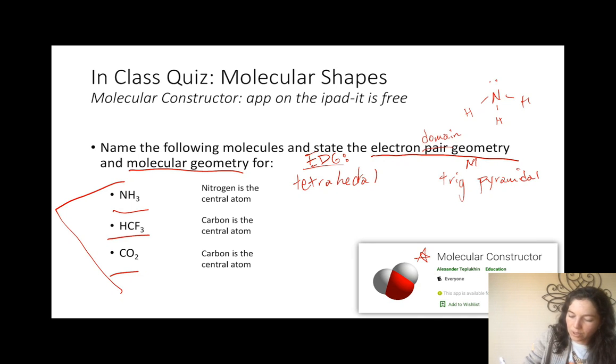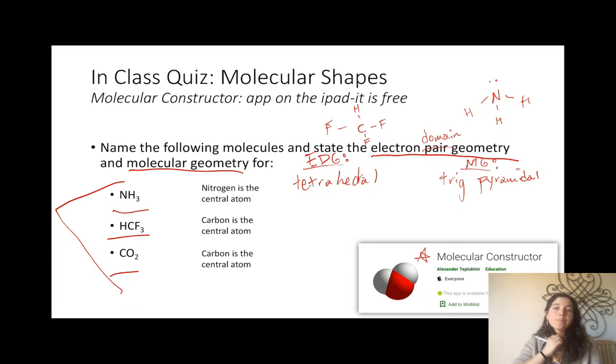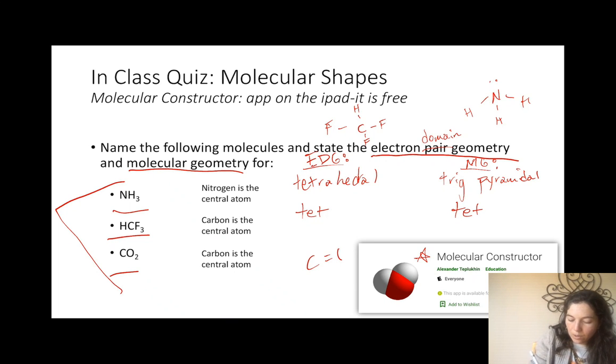Okay, so our molecular geometry. For HCF, you should have seen something like this with the fluorine and the hydrogen in the center. And this one is tetrahedral, and this is also tetrahedral because there are no lone pairs around the center. For our carbon, we're going to have carbon, O, O. This one's going to be linear